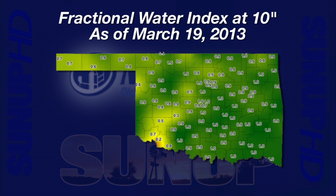Precipitation during February and March did help Oklahoma's upper soil moisture. Checking the soil moisture at the 10-inch depth on Wednesday shows that the majority of the state is dark green, with excellent soil moisture at 10 inches. Soil moisture at 10 inches begins to drop off in the Panhandle, but is still above 60% moisture. The southwest is the driest location, with Tipton coming in at just 0.2 fractional water index, or only 20% of